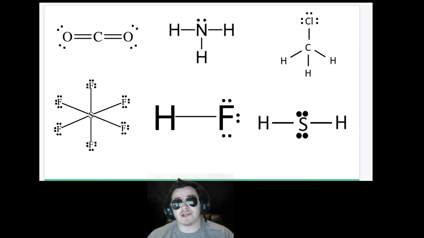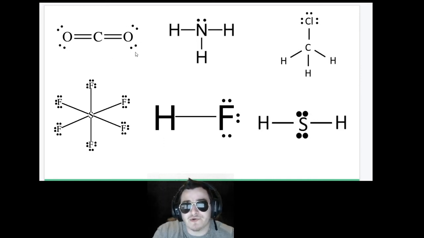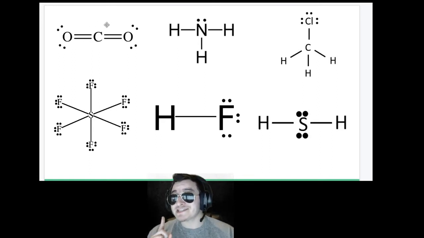We have our drawings of all of our molecules here, our Lewis dot structures, and we are going to assess what intermolecular forces each of these molecules exhibit. We're not only going to list the strongest, we're going to list each of them. Starting with CO2 up in the top left, notice that there's no lone pair on the central atom, and each of the atoms attached to the central atom are the same, which means this is